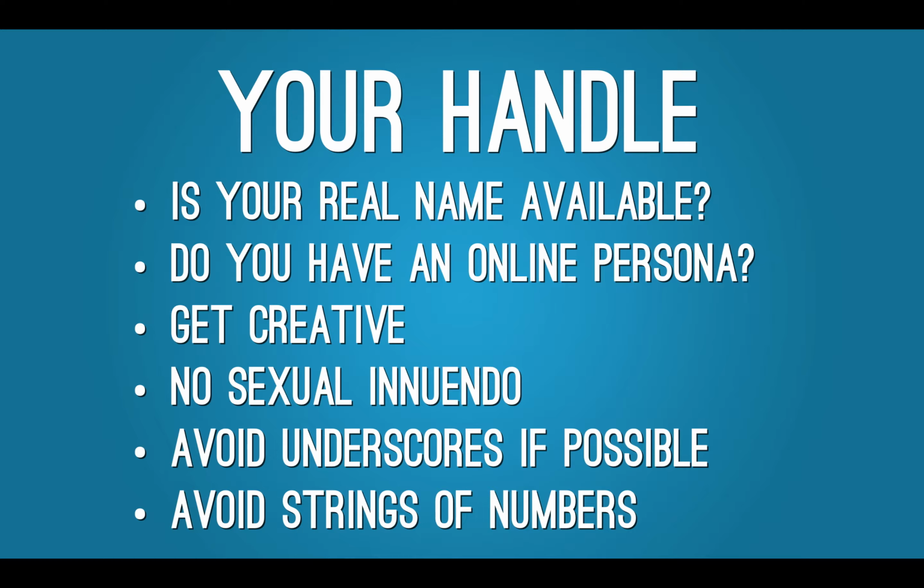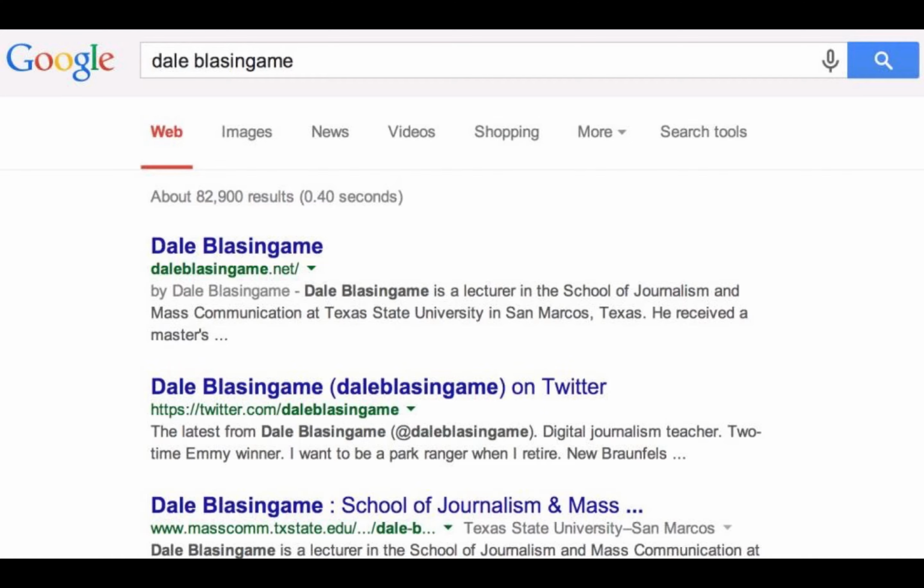On that same line, you really want to avoid strings of numbers. If my username was Dale53324719, that's a problem because people are not going to remember those. Even though Twitter auto populates a lot of times when you're writing to someone, there are times where people might have to remember your user handle. So just try to avoid long numbers if you can. Two or three numbers is not a bad thing. If your name is Dale512 or something like that, that's fine. It's once we start getting to 4, 5, 6, 7, even longer, that problems come into play.